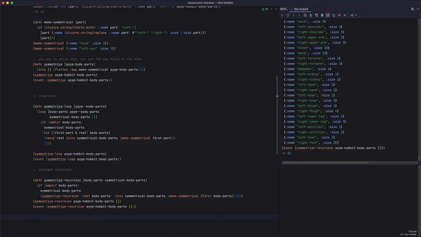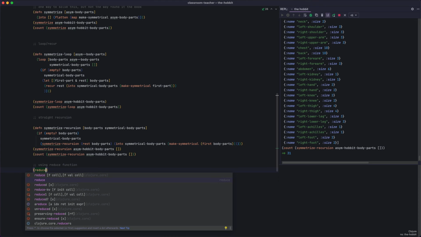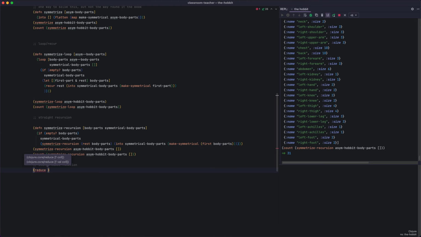Now there's one more way that we can do this, and that's using the reduce function. So let's do that. The reduce function, you can see here, you can call it in one of two ways. You can give it a function and a collection, or you can give it a function, an initial value to start off with, and a collection. So in our case, we will be passing it an initial value, and it's going to be the